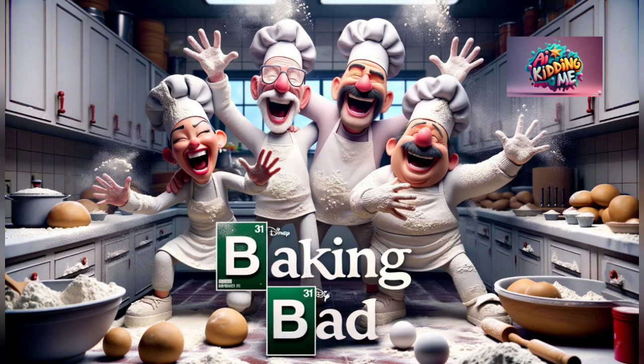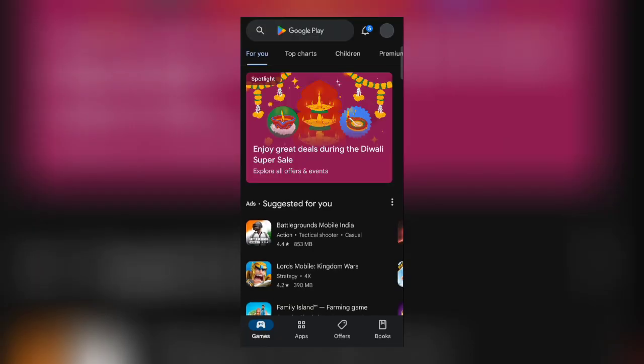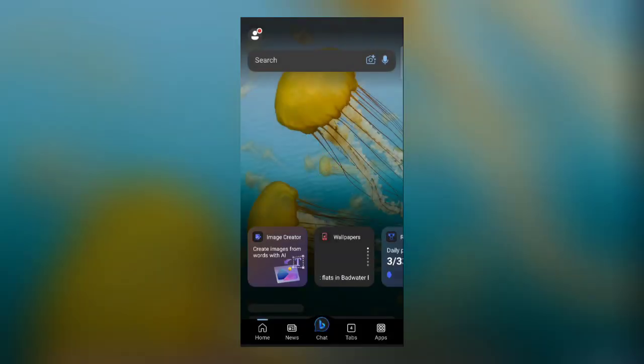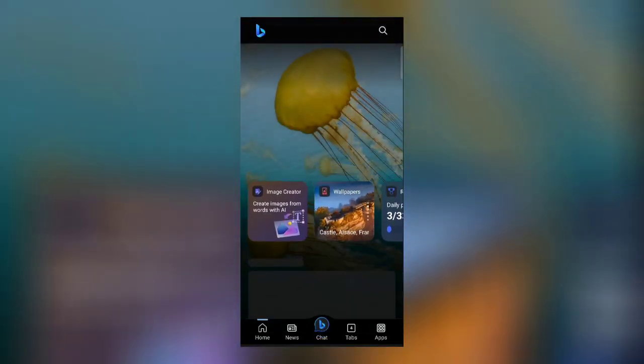To make Disney Pixar movie posters, first of all you need to have the Bing application, which you can download from Play or App Store. I have already downloaded the application. After downloading, open the application. Now here you will find the Image Creator option, from where you can create images from words with AI, so click